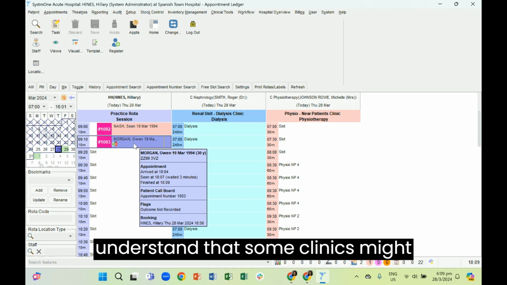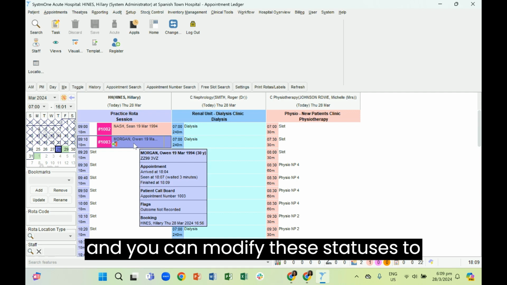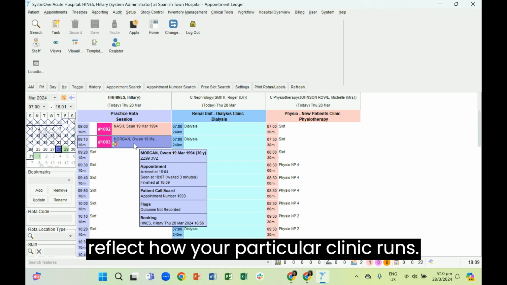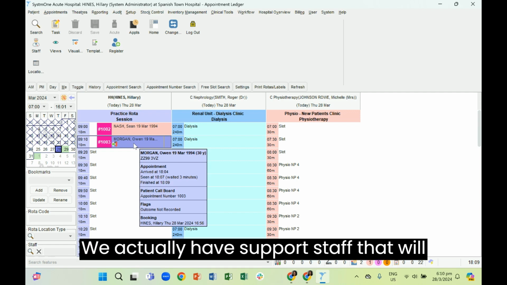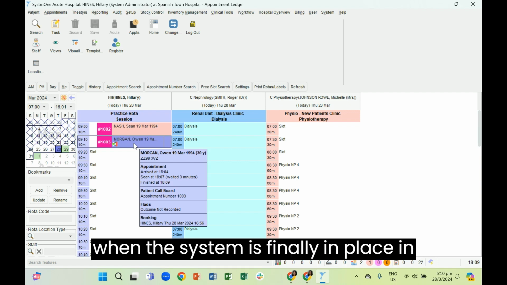Now, I understand that some clinics might operate differently. These are the basics, and you can modify these statuses to reflect how your particular clinic runs. We actually have support staff that will also assist you in that process as well when the system is finally in place in your specific